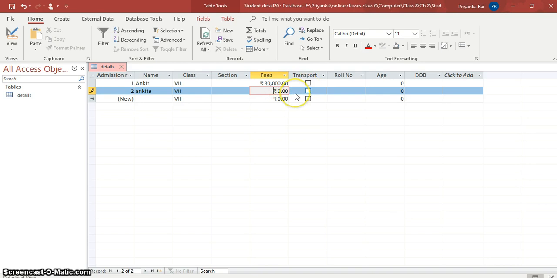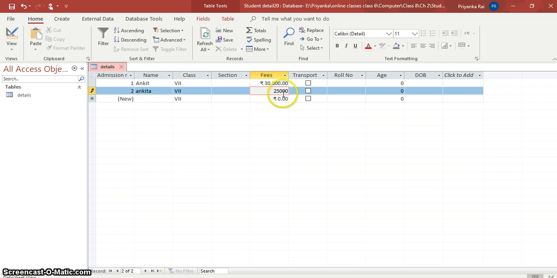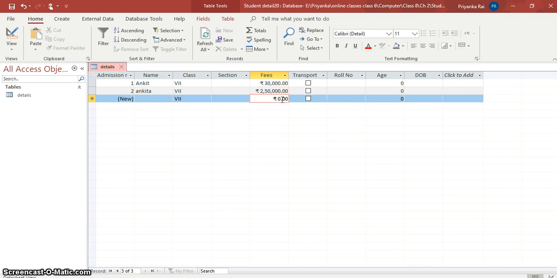Now I am trying to write 25,000. It will not take 25,000 because I have set the validation rule that fees should be greater than or equal to 30,000 and it is showing a lower value. So it will display a message and we will know that whatever we have entered is wrong, so we can correct it. Okay, and then I can put a zero more. Maybe it is 2,50,000 and I have written 25,000, that is why. So this is setting validation rule.